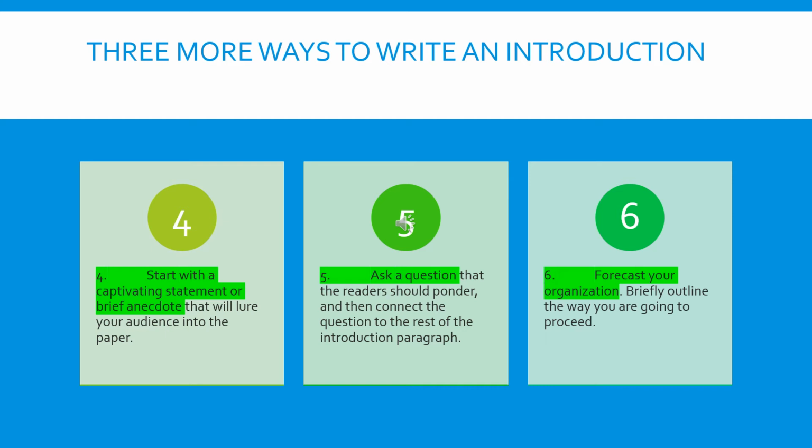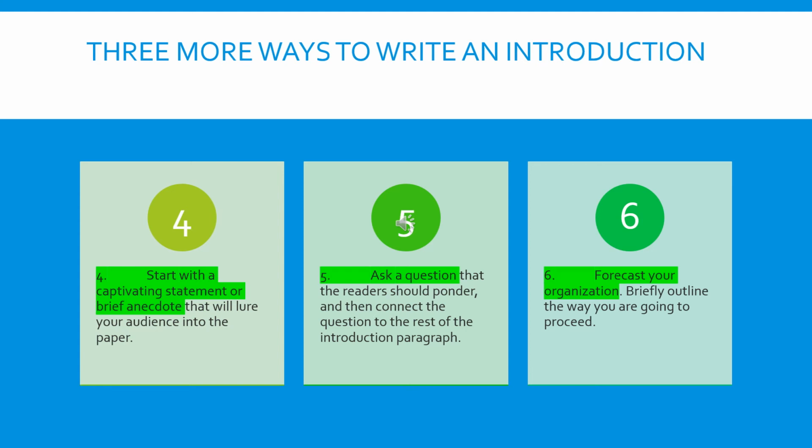Number 5 is to ask a question that the reader should ponder and then connect the question to the rest of the introduction paragraph. So the question would be the first sentence of your paper, and that question could be something provocative. So, for instance, you could ask a question in the first sentence of your paper about the marriage advertisement, such as, why is the marriage rate in the United States at only 50%? Or why do 50% of all couples get divorced? And then you could go on and answer that question from what you know culturally, and then move into your